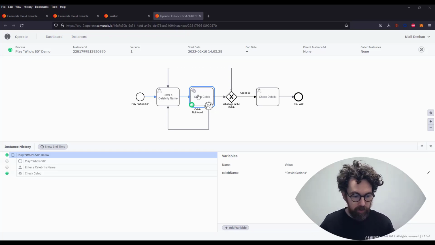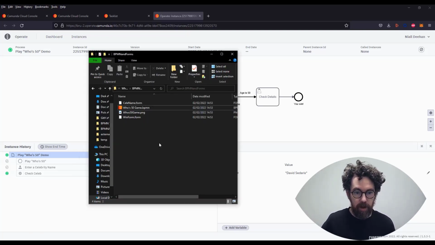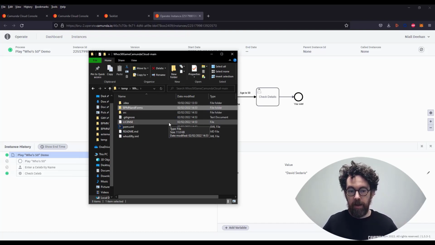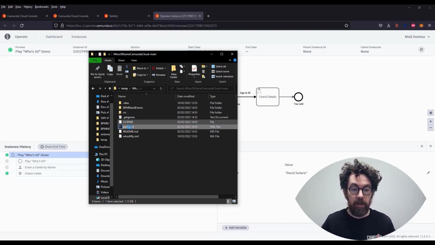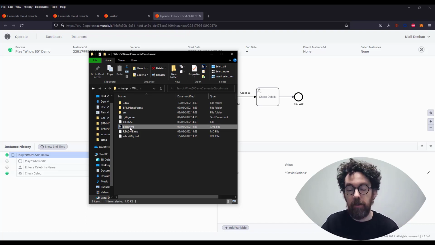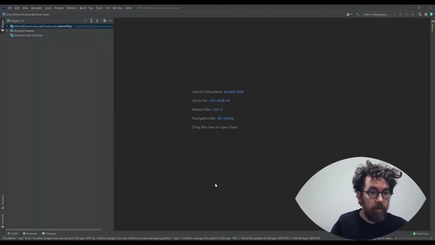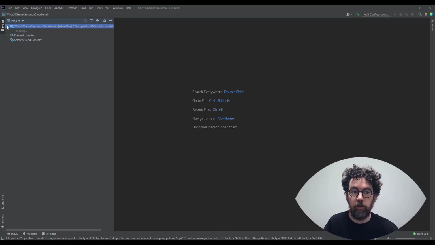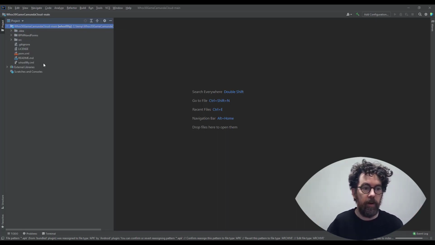So now I'm going to go to the root directory for the project we downloaded, and we're going to start up the project. If you're using IntelliJ, you can just open it in IntelliJ, or you can use whatever IDE you like. The project is loading up and indexing files and whatnot, and now I just want to talk you through what's going on in this.